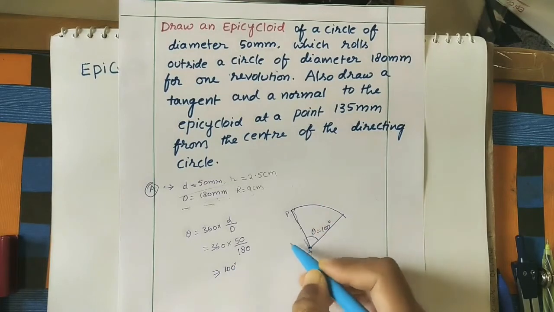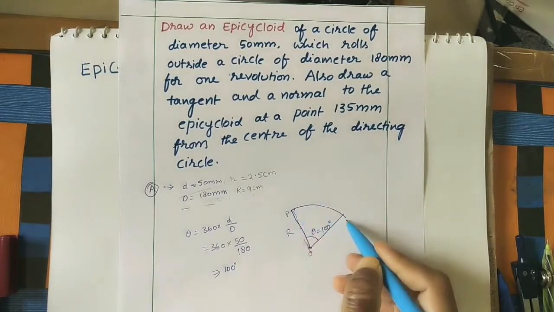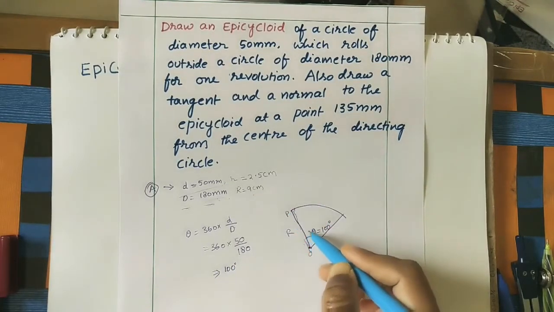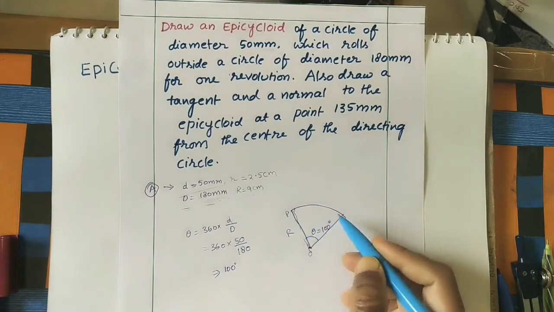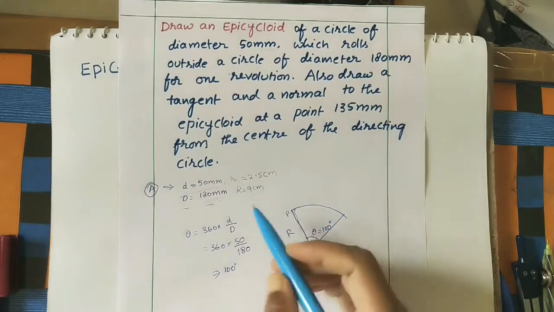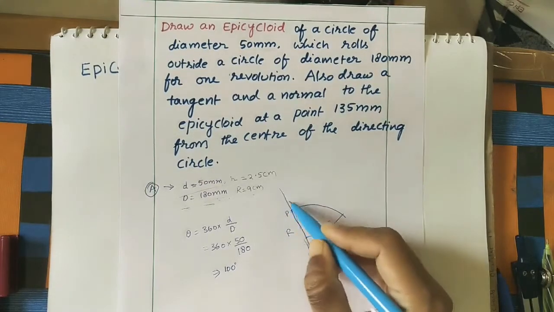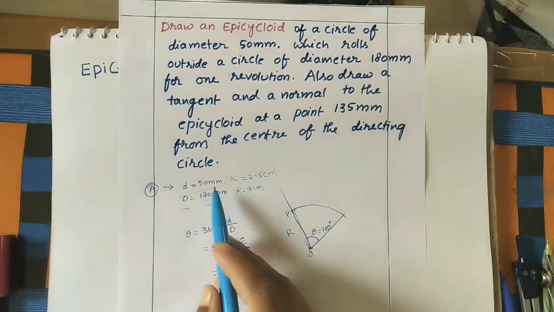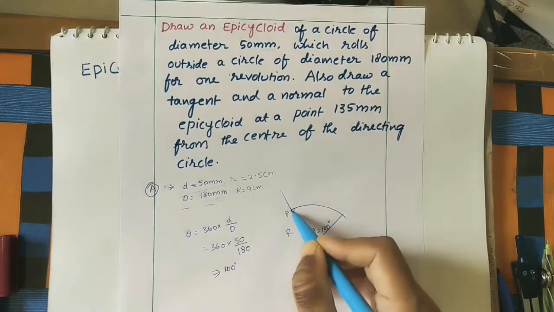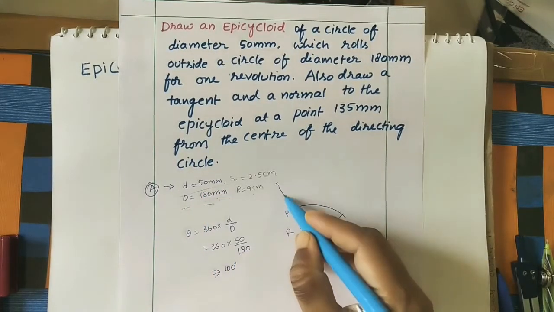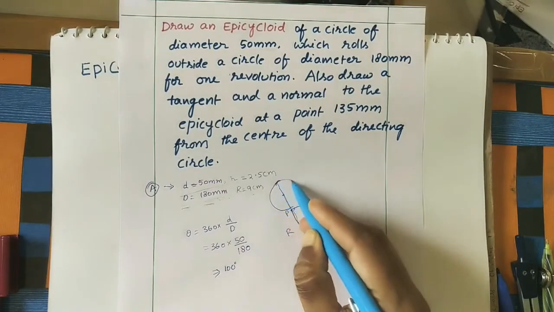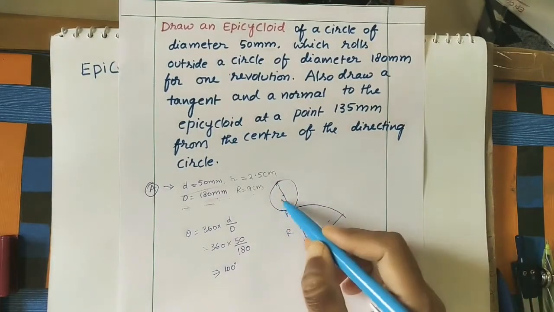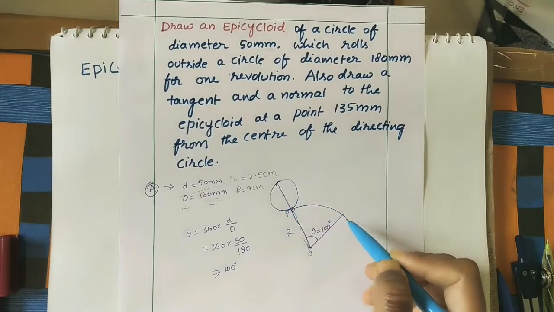First do this capital R radius 9 centimeter, one arc. From this line take 100 degrees, do this line. Okay, we will get this part for one revolution. After getting this part, here extend this line. On it do the smaller circle. How much smaller circle diameter? 50 mm. Starting point is here. Take 50 mm. Take center point. Do circle. Okay, this circle is making one complete revolution.